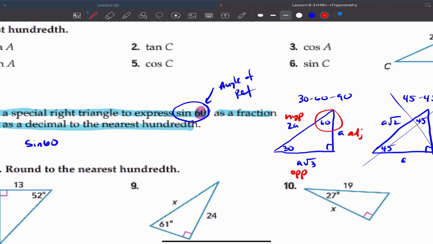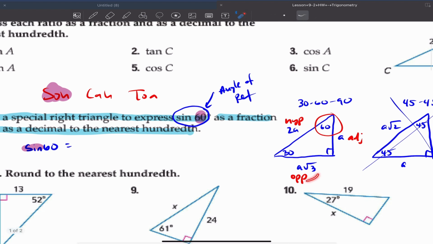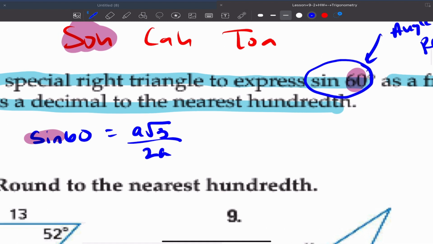You have SOHCAHTOA as your best friend. And since we're dealing with the sine function, we're going to use SO, which means sine of x is equal to opposite over hypotenuse. So I equal that to, what's the opposite side? Well, it's A root 3. And then what is the hypotenuse? That's 2A. Okay? So you have A root 3 over